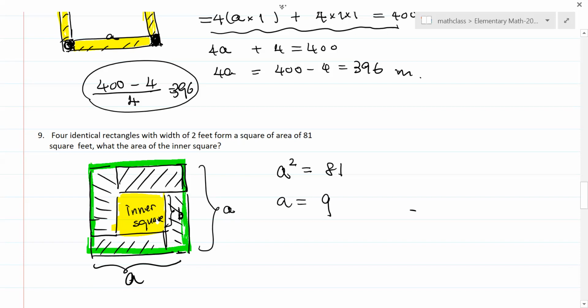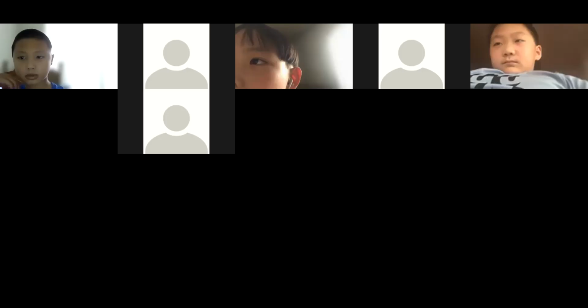So that's why it's 9, and then once again 9. Now can you figure out B? Because look at the picture here. There's a 2 here, the width, so here is also 2. So B is going to be 9 minus,